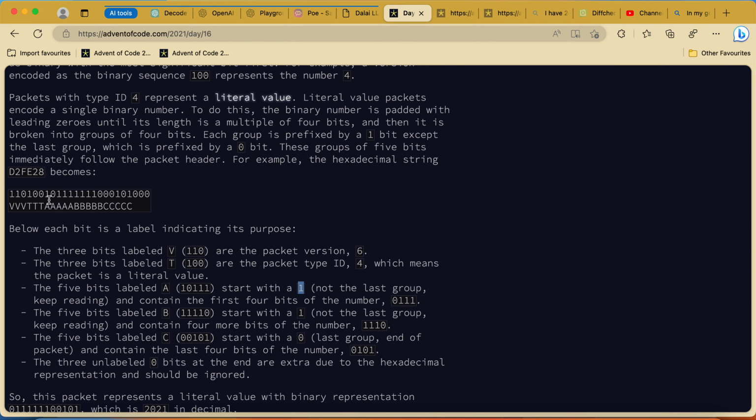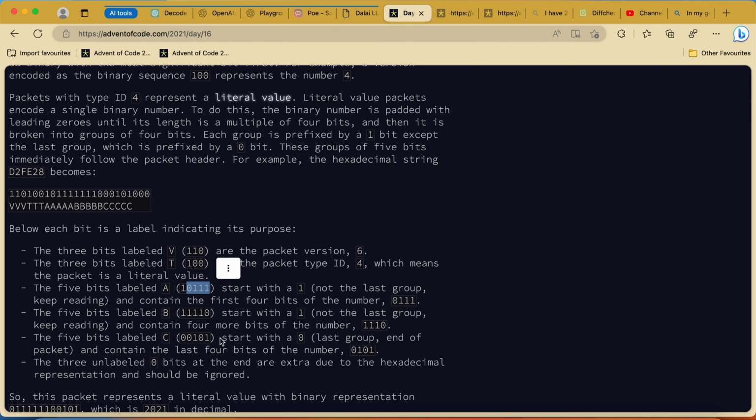Okay, we have these bits that are the type ID and the version. After that we have this value, where you think, okay, here is the number, that's not the end.